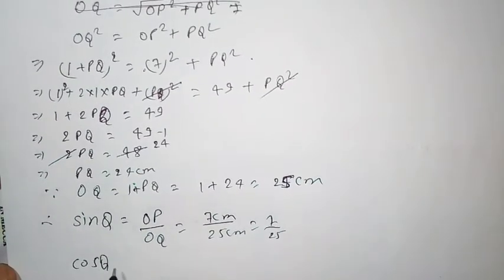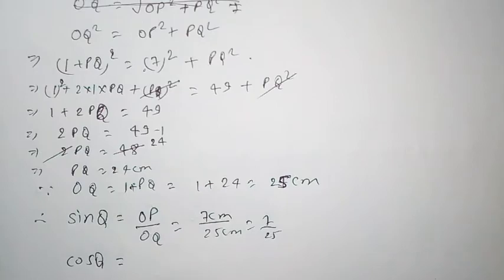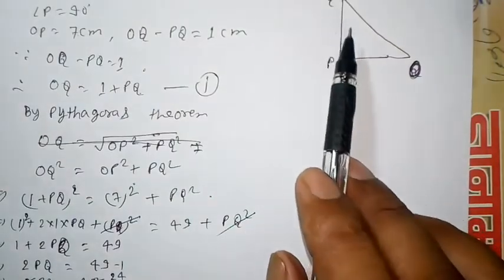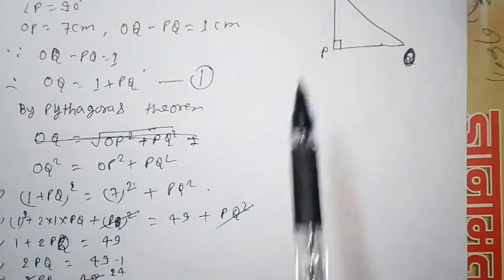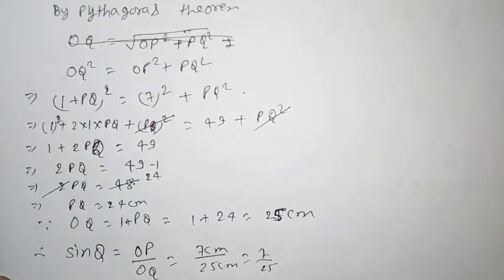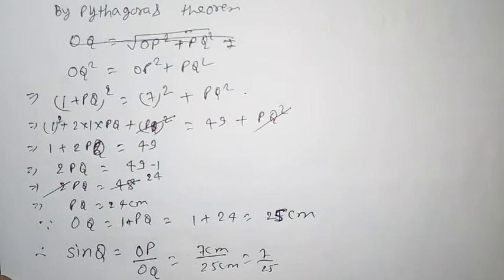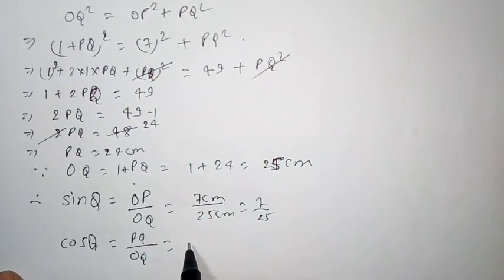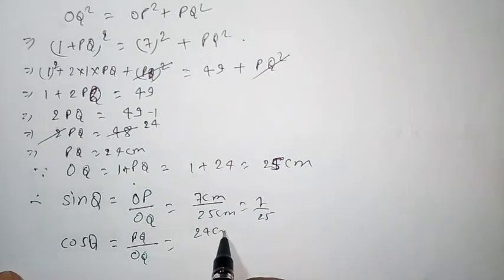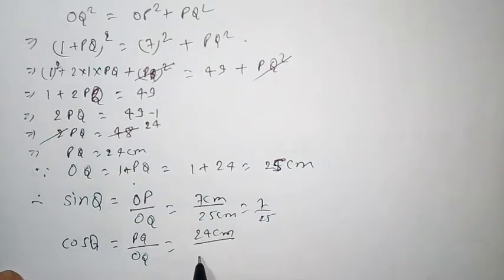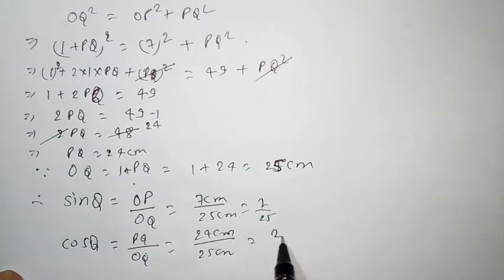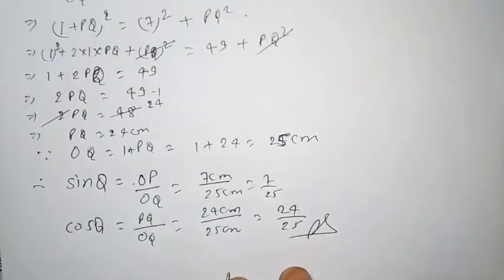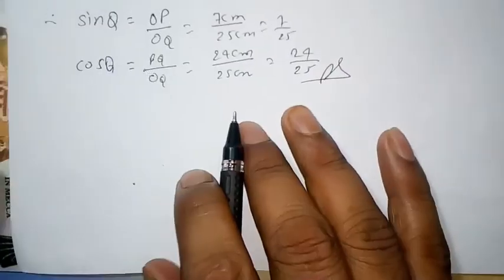Cos Q is equal to, for angle Q, base PQ by OQ. PQ is equal to 24 centimeter and OQ is equal to 25 centimeter, so cos Q is equal to 24 by 25. Answer. Now from the exercise, okay,